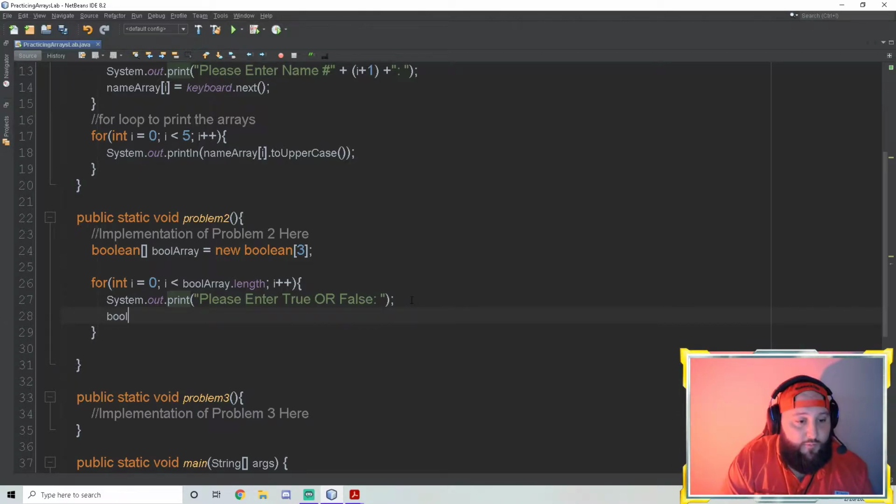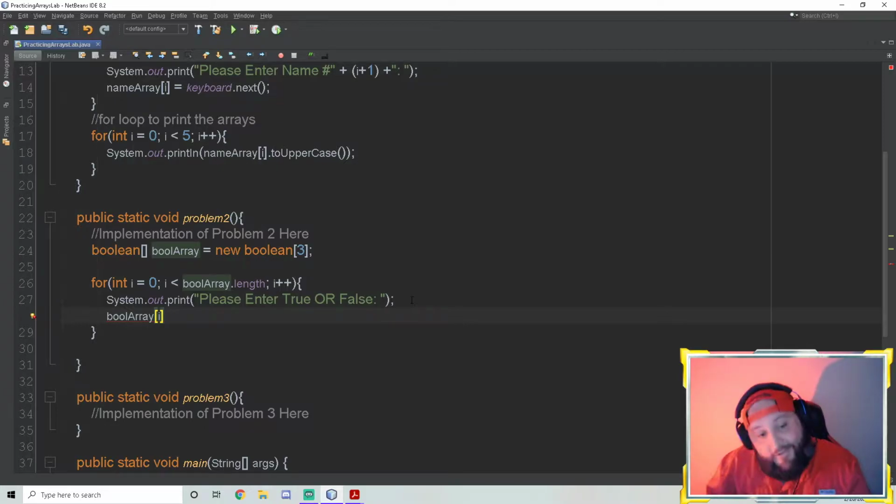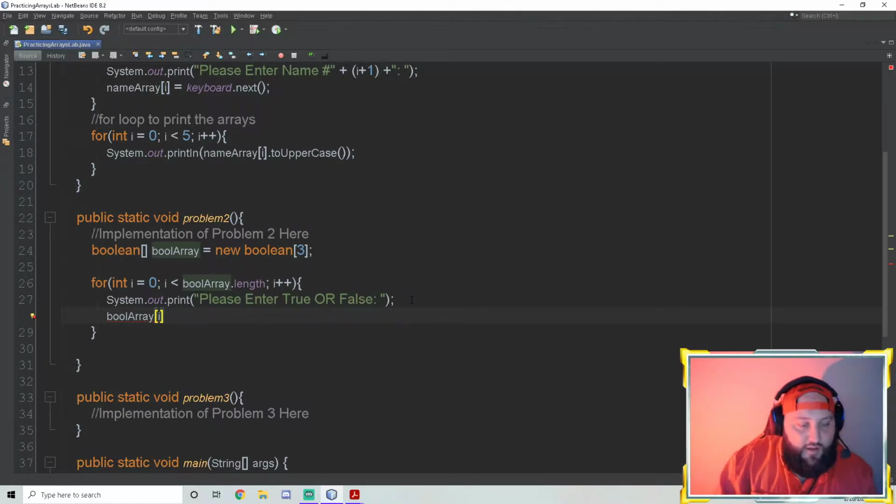So again, we use the name of the array, and then i is going to be what's iterating every time. So the first time the loop runs, it'll store it in index 0, then it'll increment, then it'll store it in index 1, it'll increment, store it in index 2. All right, and remember our size is 3, so on this one we just have 0, 1, and 2. That's it. All right, so equals